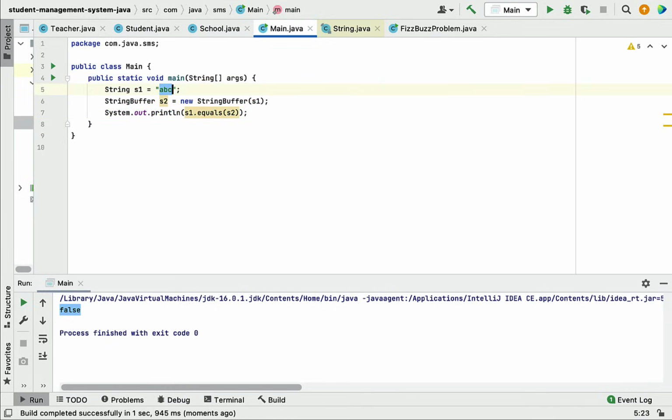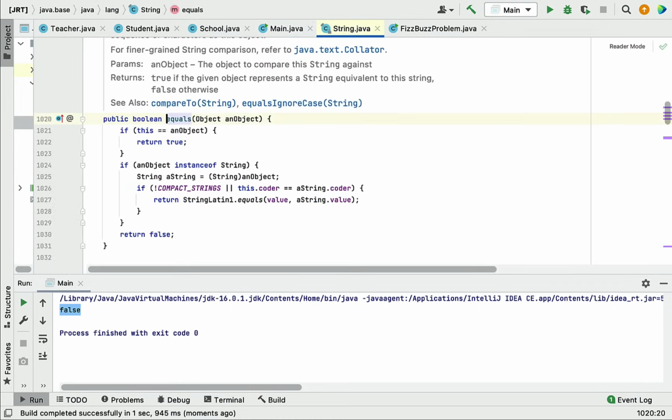String s1 equal to "abc". Well, this is the string object which is created using a string literal, and this is the StringBuffer class object, and s1 is passed to the StringBuffer constructor. And here is System.out.println(s1.equals(s2)). Well, the equals method is invoked on s1. s1 is nothing but a string object. Okay, so this returns false, because if you check the logic inside the equals method,